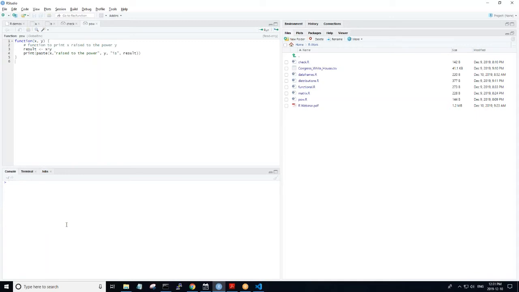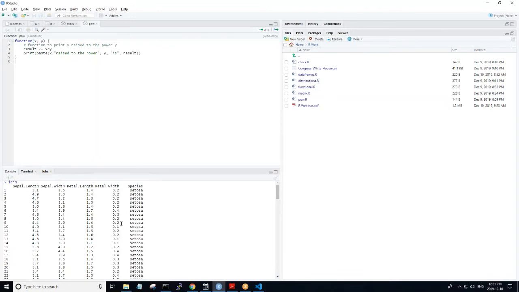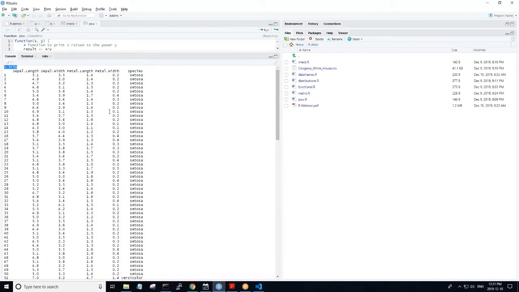R comes with a number of data sets. For example, the data set iris is a data frame containing some information, various statistics, about the various kinds of irises that are out there.